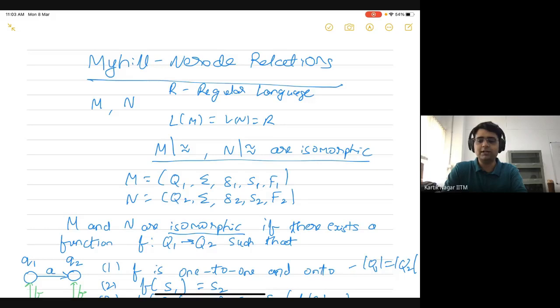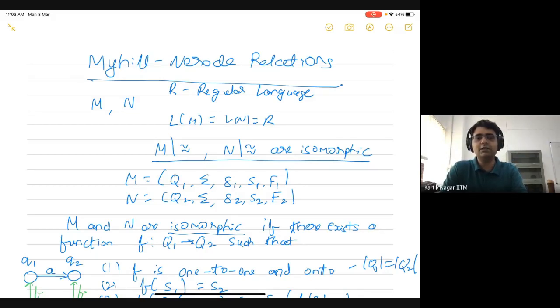So this question is of practical relevance. Because in practice, given a regular language, you can only implement a deterministic finite automaton, and therefore the number of states in this DFA is basically going to determine the complexity of recognizing a string of this language. So it will determine how many steps it will take in order to accept a given string of the language. You want to minimize the time taken to accept a string of the language, and that's why you want to minimize the number of states in the DFA for that language.